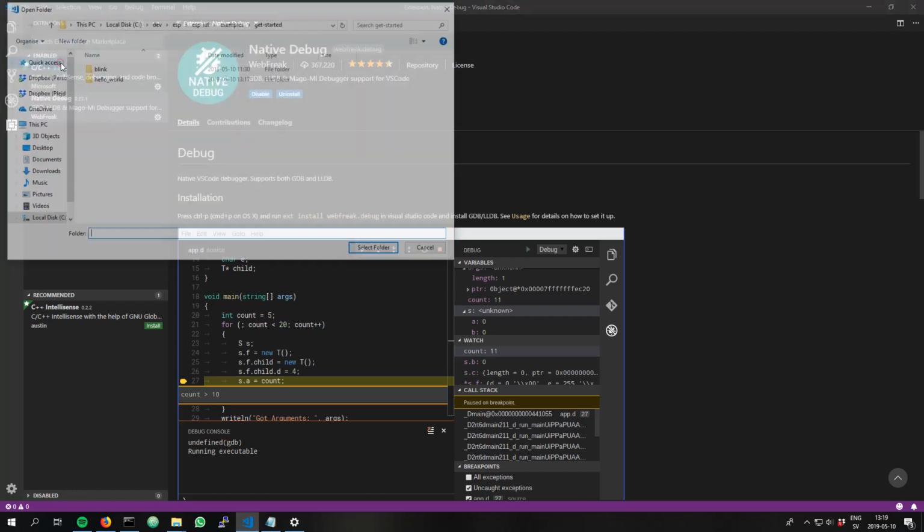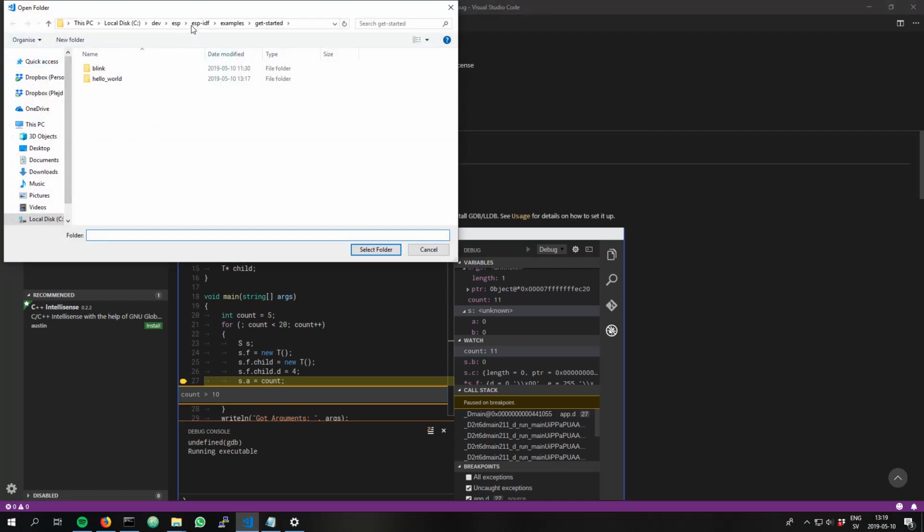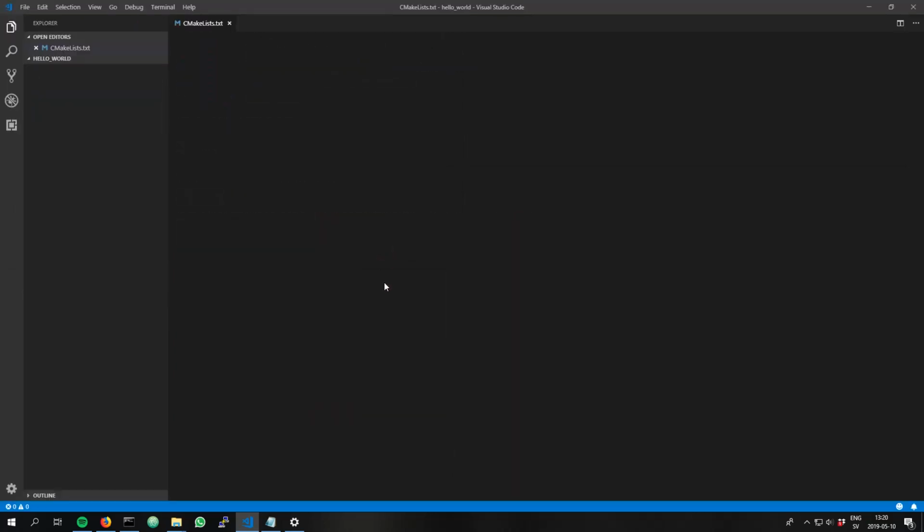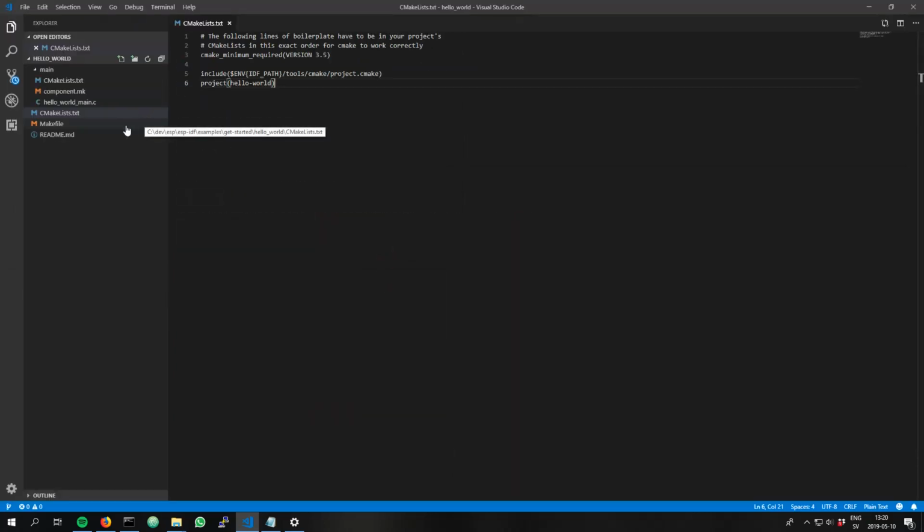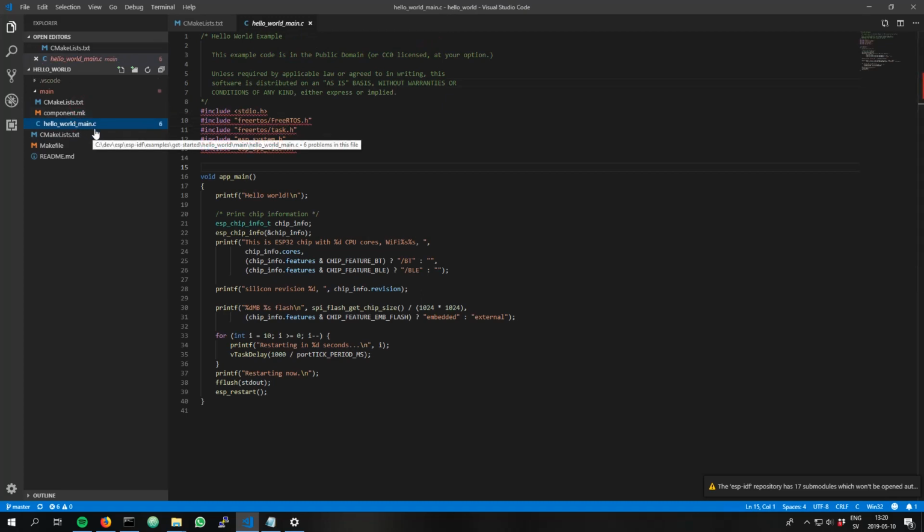So we're going to open a folder, and wherever you installed your ESP-IDF, you need to find that search path now. I'll put mine in dev, ESP, ESP-IDF. From here, I go examples, I go get-started, and then I choose hello_world. I select this folder, and it shows up here on the sidebar. I can see here if I open up my hello world main.c